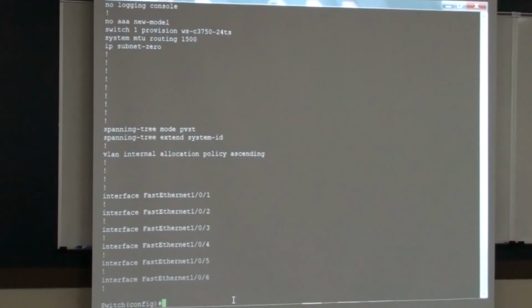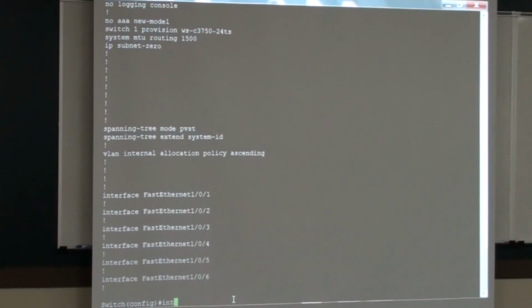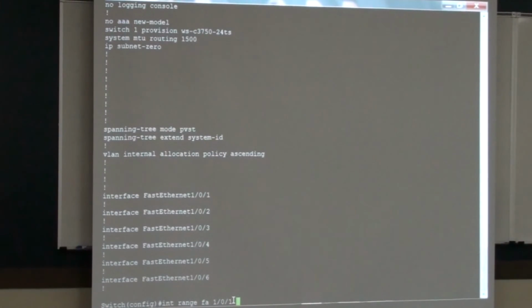It uses a 3 number. So it shows which switch in the stack you're on, and which blade, and then which port. So let's go back. /0/1 through